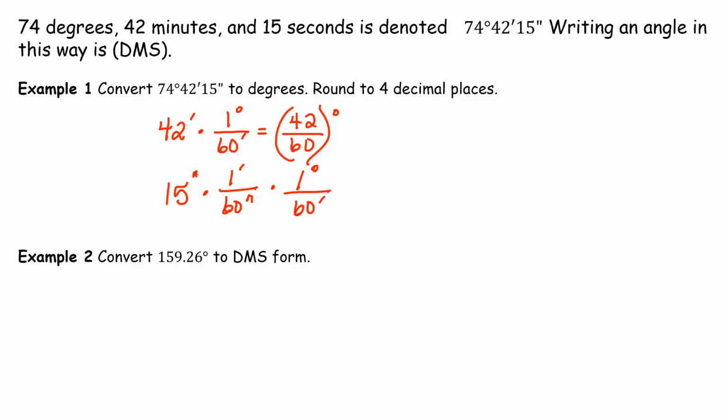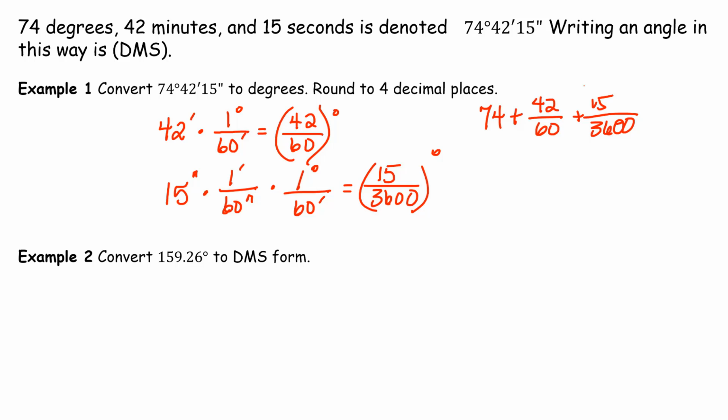So you can see that the seconds are going to cancel and the minutes are going to cancel, and you're going to end up with degrees. So that's going to be 15 over 3600 degrees. So if you add up 74 plus 42 over 60 plus 15 over 3600,